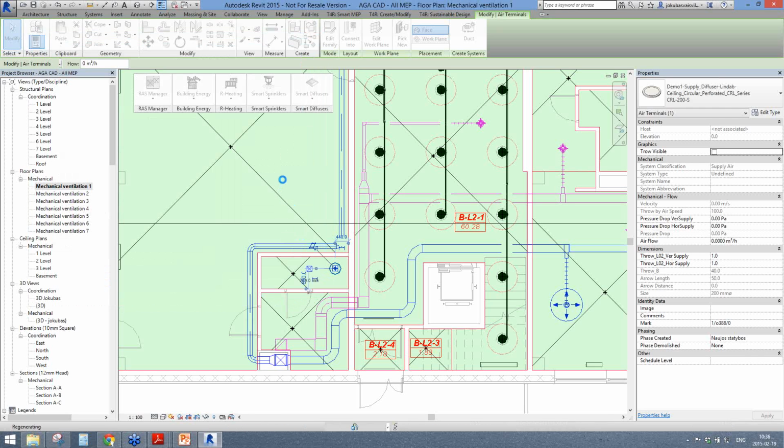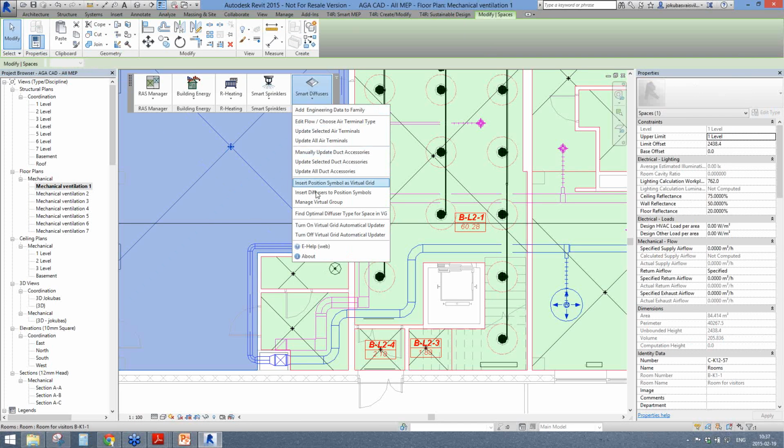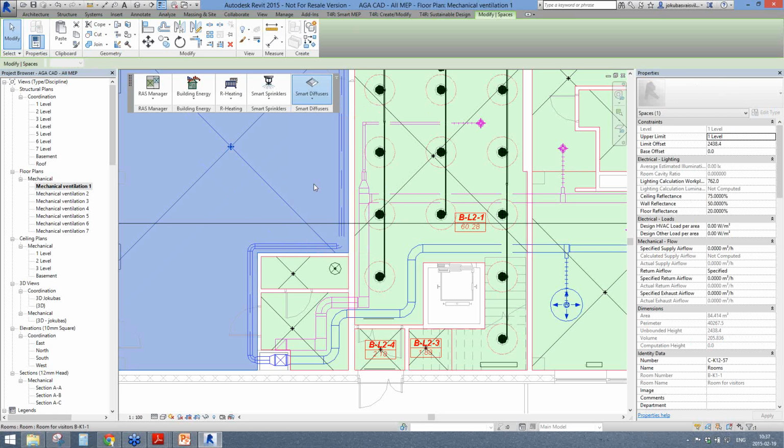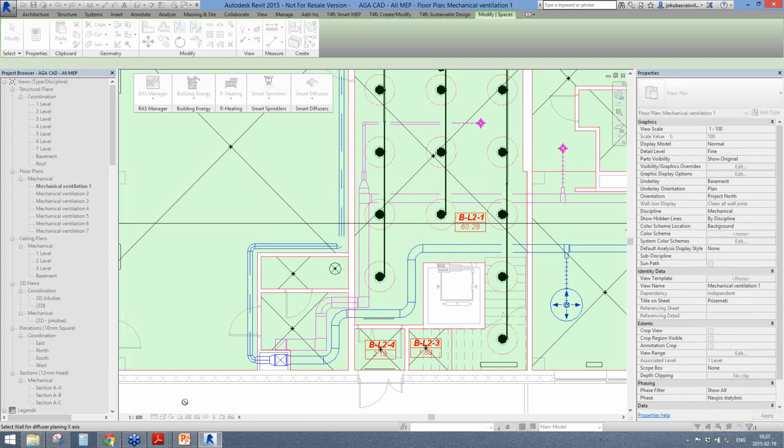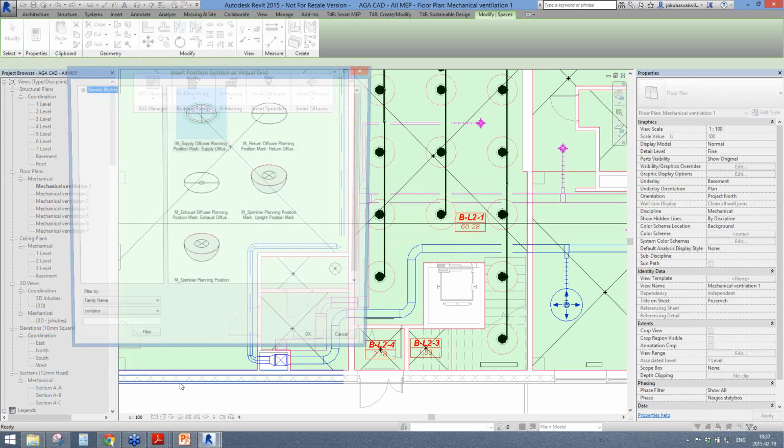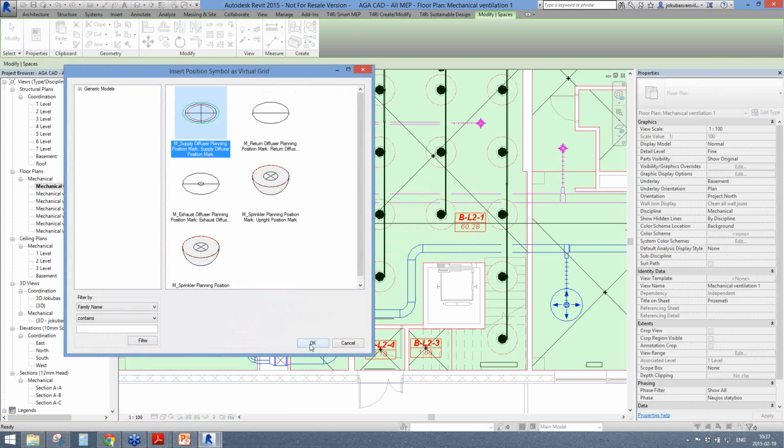These families can be distributed into the project according to some rules, as I have distributed the radiators according to some rules. In a similar manner, I can distribute my diffusers by inserting the position symbols into my spaces. So firstly, I will identify a connection between the space and the diffuser. It is the diffuser planning position mark,